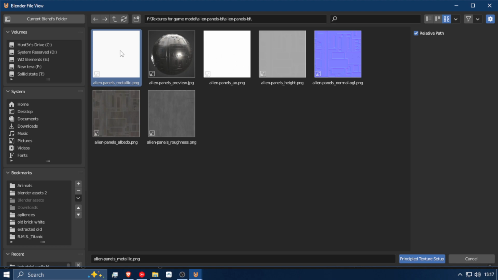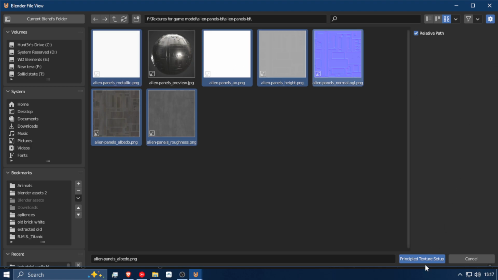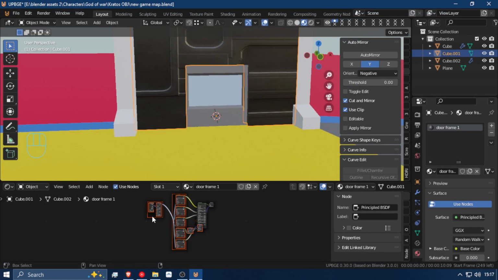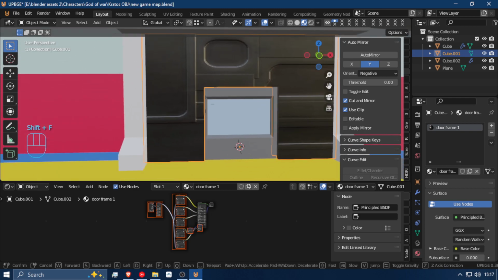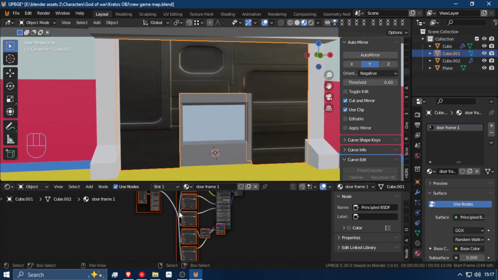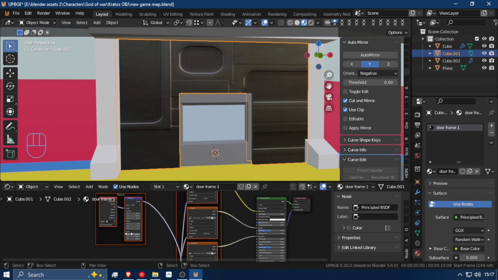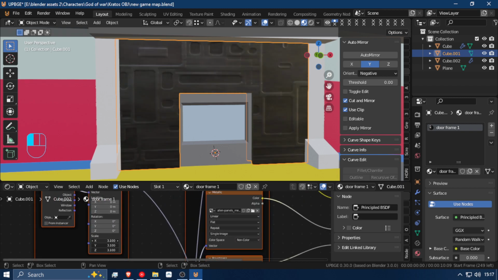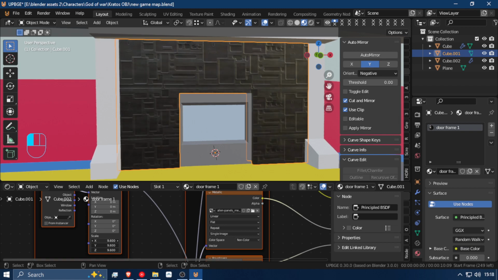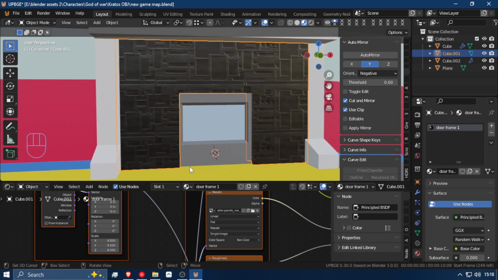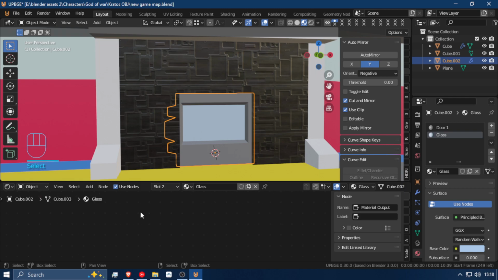So as you can see, it comes with a metallic map as well. So I'm gonna control select these. I don't want this one. Then I'm gonna do principled setup. You can see it sets it up. Then for the door,